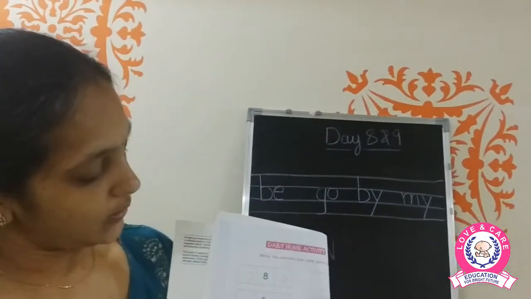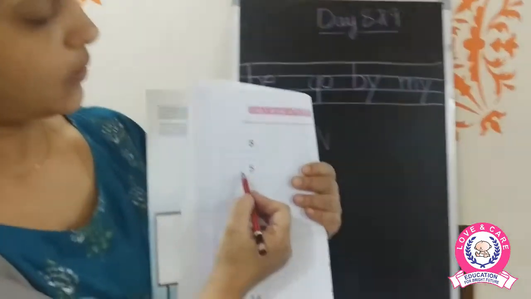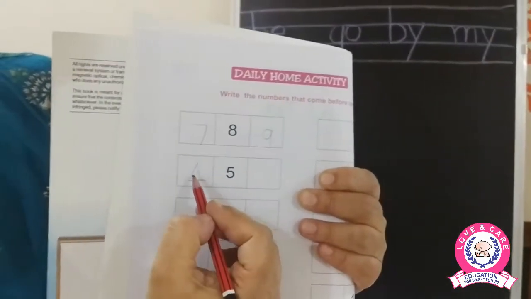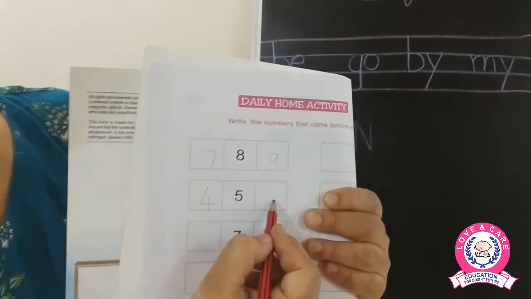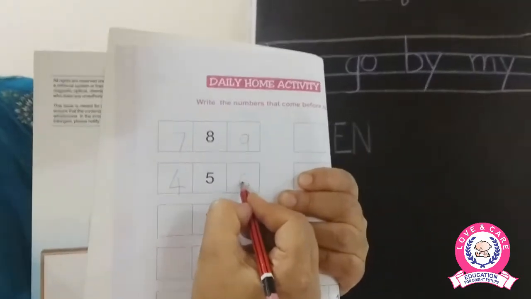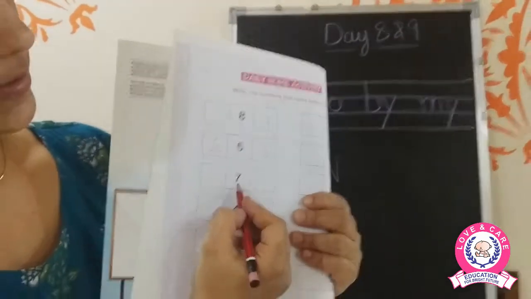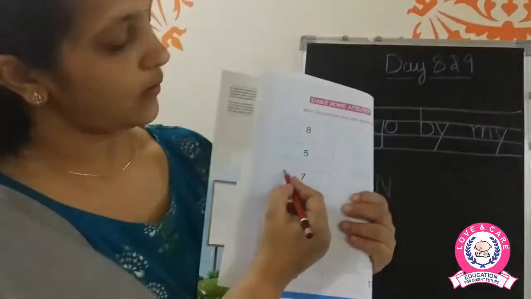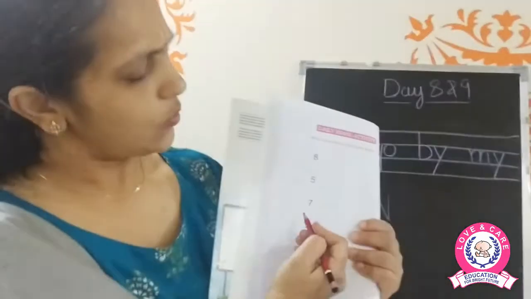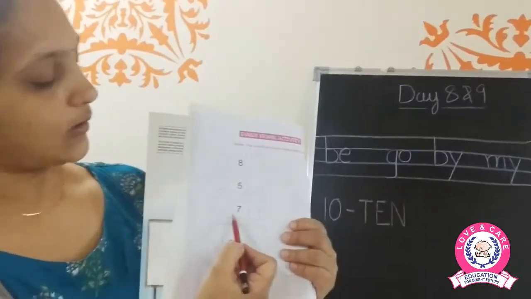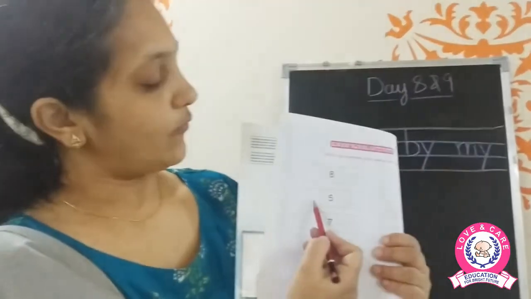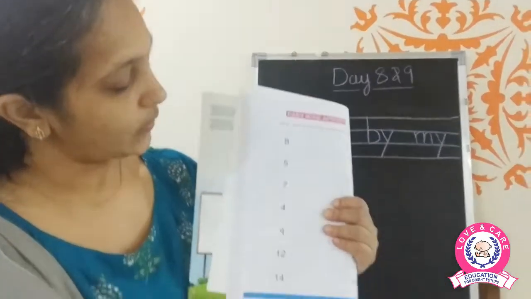So now the next is the number 5. What will be the before number? The before number will be 4. So 4, 5. So the after number क्या होगा? 5 के after what will be after 5? It will be 6. Then 7. So what will be the before number? 6. After number will be 8. You can also check it out in the number line, that is 6, 7, 8. So it is right. Here 4, 5, 6. So it is correct.